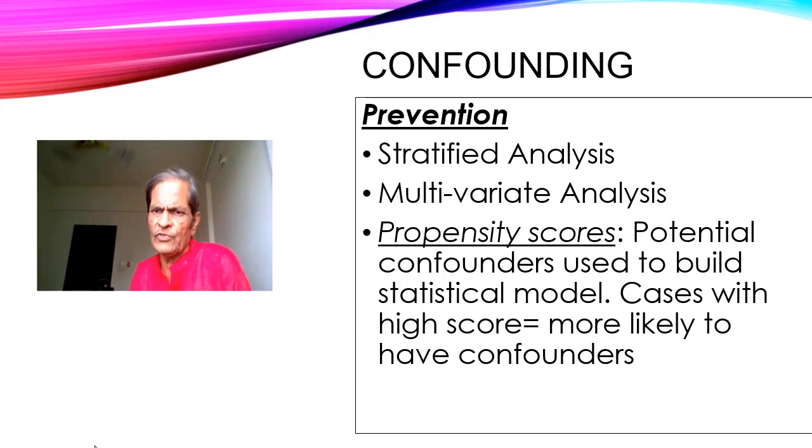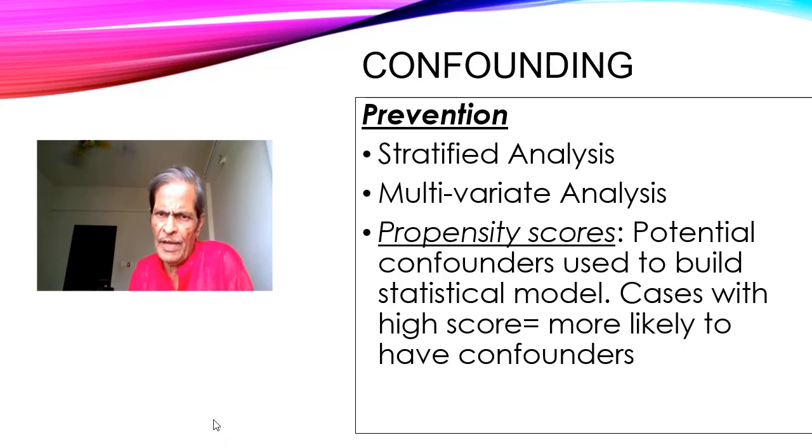So in propensity scores, the potential confounders are used to build the model. So we suspect a particular confounder, and that is used in building the multivariate model. And the cases with high propensity score are likely to have the confounding factor. So you identify the cases with high propensity score, and those will be the cases with the confounding factor. And you find whether the suspected confounding factor is there or not in the participants in whom the high